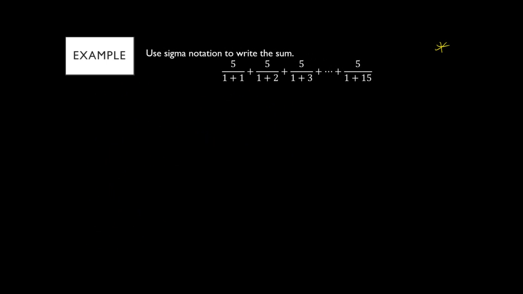Okay. So I have a couple more where these are also involved with the sum. And so in these particular ones, we want to write sigma notation to write the sum. And in order to write the sum, you have to first figure out the sequence pattern for the nth term, and then you plug that into the sum. So each of these we're going to treat as a part of the sequence. So you just want to ignore the pluses for now. Ignore the sum part because we still have to figure out